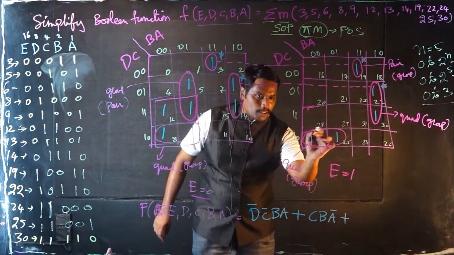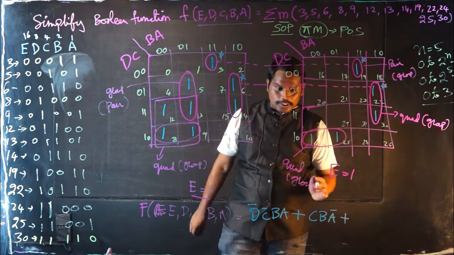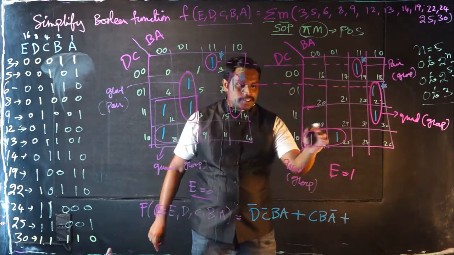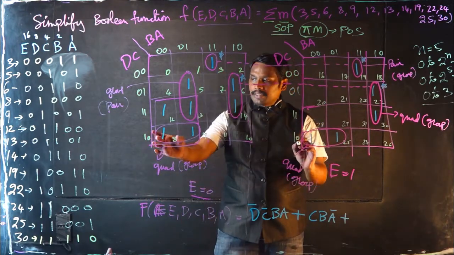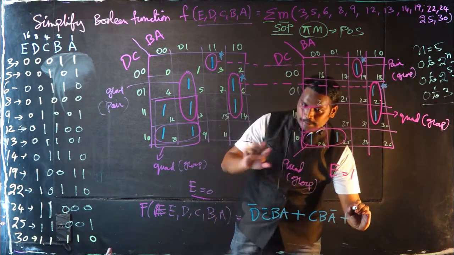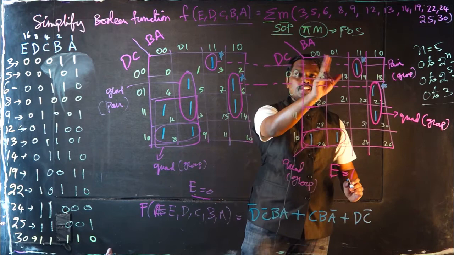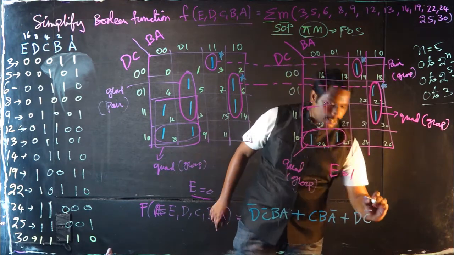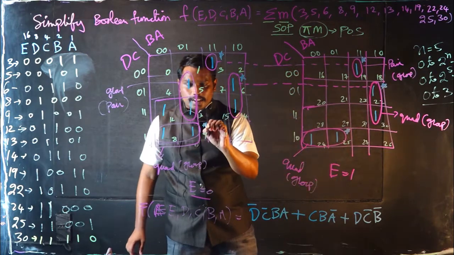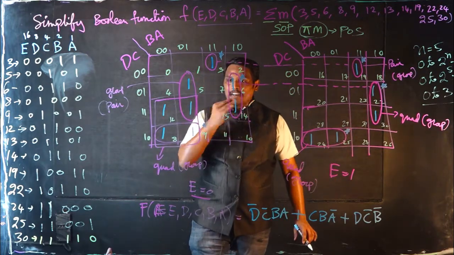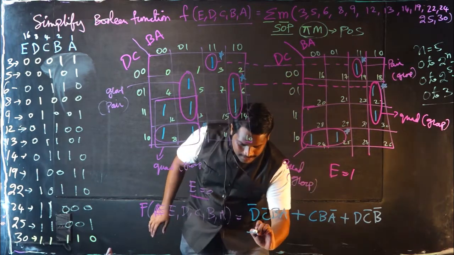And now coming to this particular group. First I am comparing both the commonalities of both the Karnaugh maps, and for this quad you can see that you are going to have the same. So this is something like D, C bar, and then you can see here the commonality is B bar. So this is the expression that I have got for this particular quad of ones. Now commonality is completed. Now coming to the next expression.